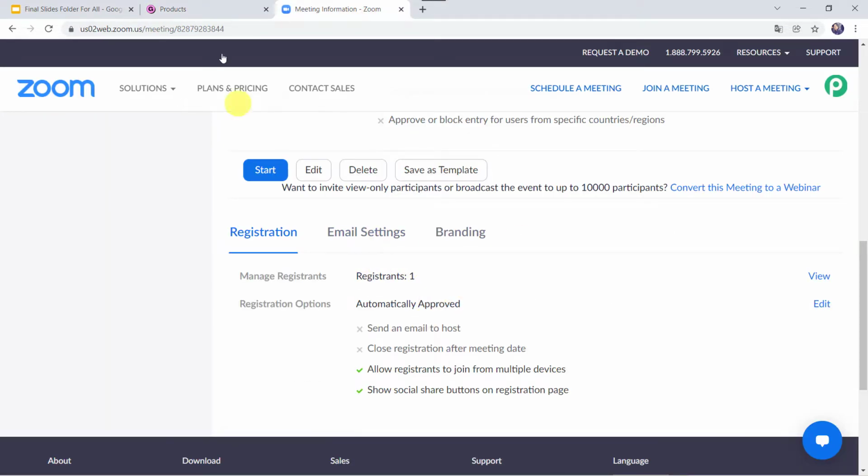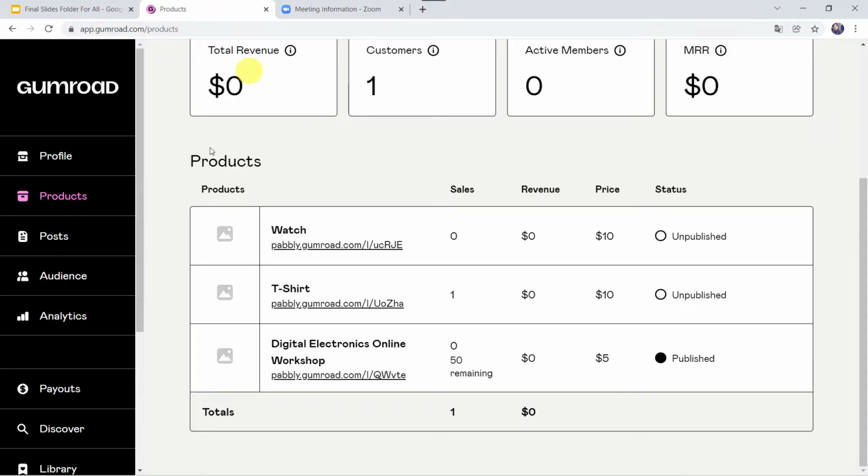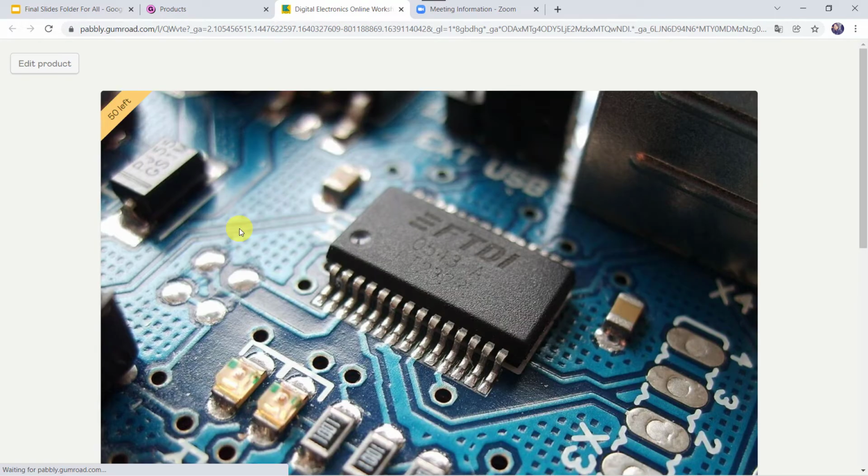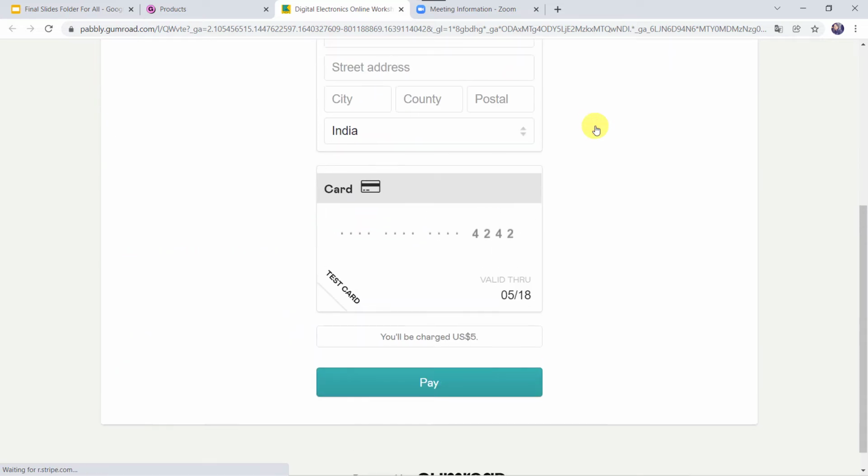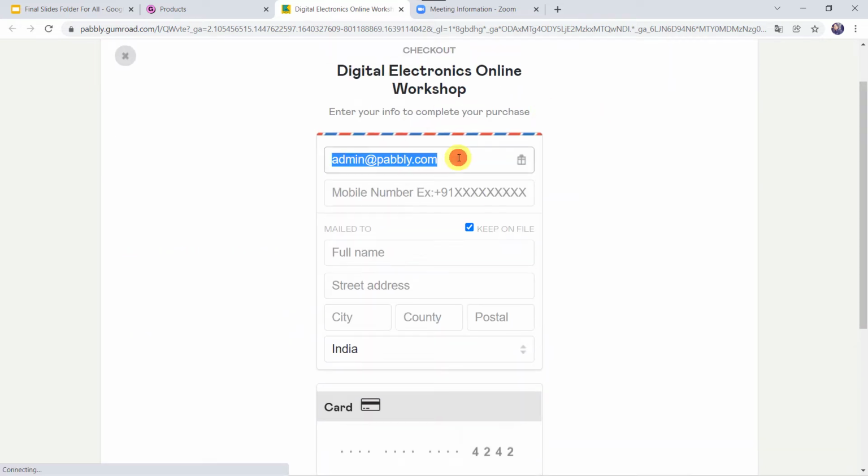So I'll go to the product page over here and open this particular payment page. Let's make a payment from here by clicking on this pay button. I'll add the email address as adamsmith11@gmail.com. Let's add the mobile number over here.